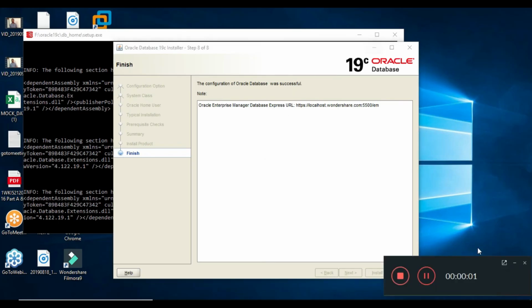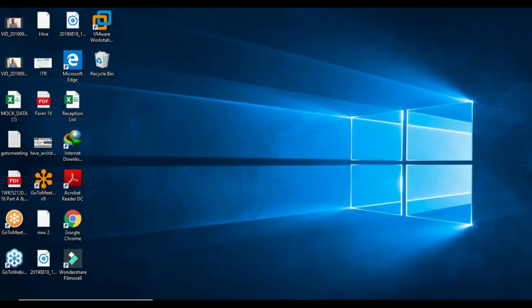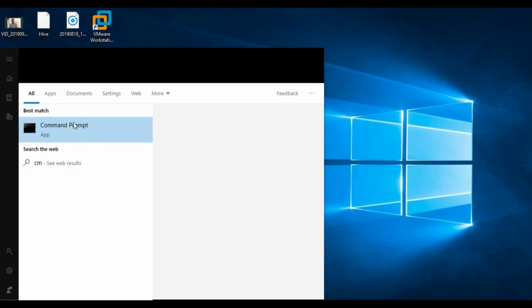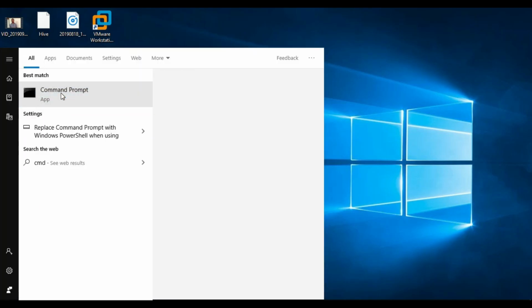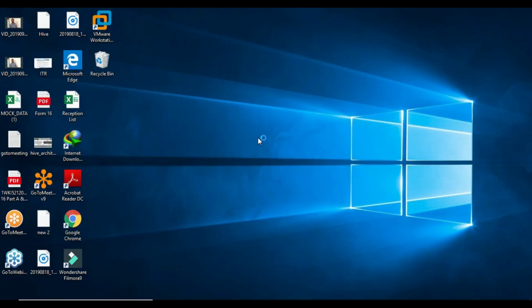Here we can see the successful message where the Oracle 19c installation has been completed. Now we can just close this, and we can also close this command prompt. Now we need to open start and search for CMD, which is the command prompt. We need to open this command prompt as administrator. So right click and run it as administrator. Just click on yes